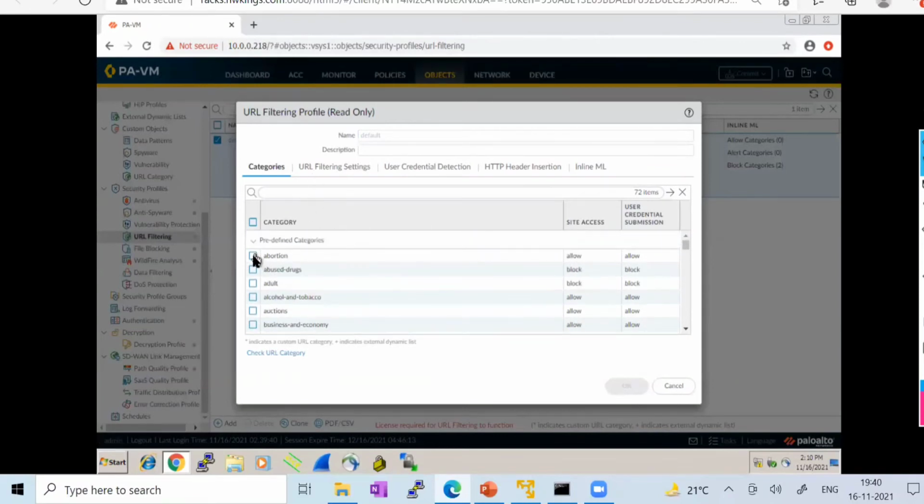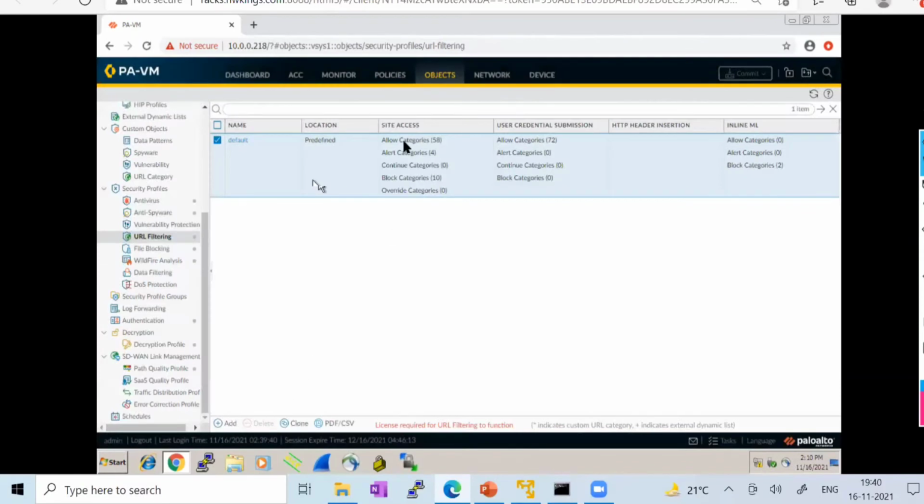And suppose you want to take action against any of the URLs, you can take it, but here we are not getting the option to allow or block because this is the default one. But if you are going to create a custom URL, so let's say suppose